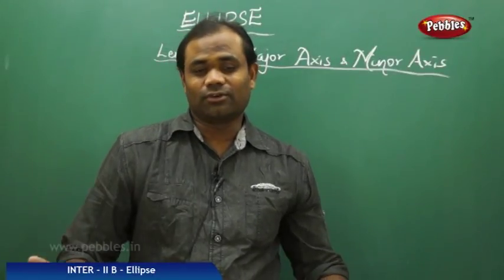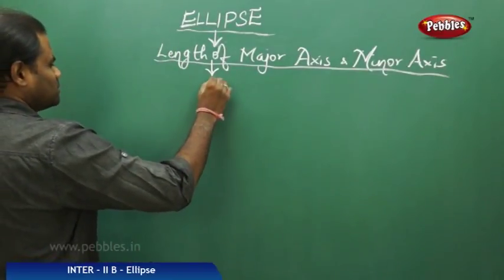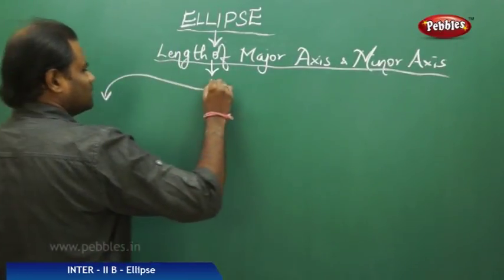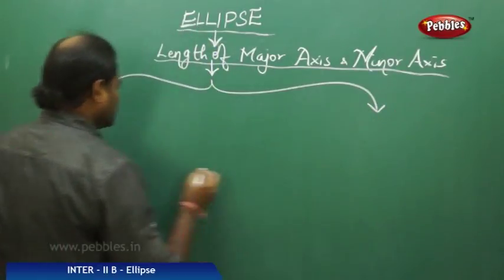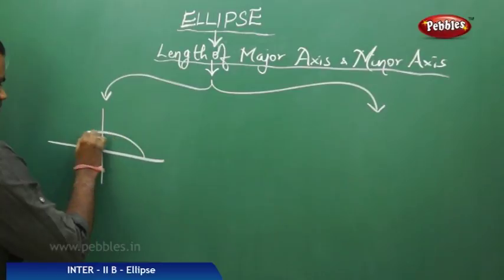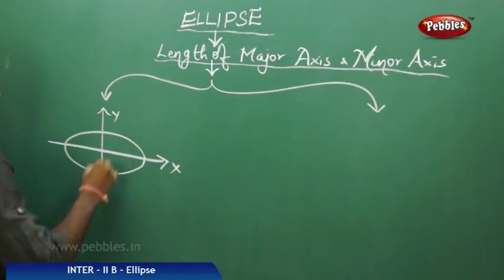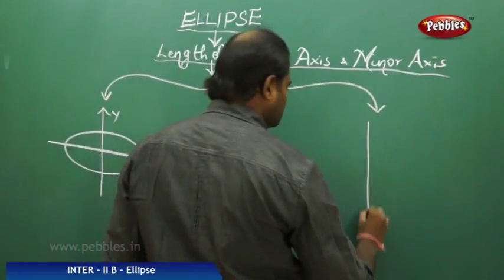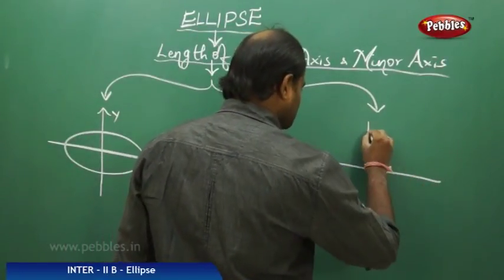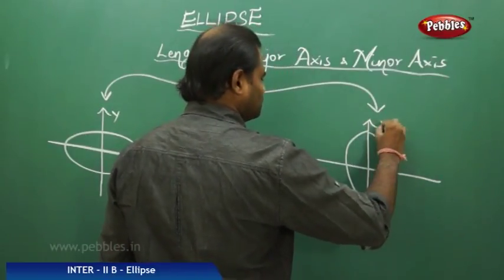Now let's see the length of major axis and minor axis. As we have two cases here of the ellipse, which is in this form, and here the ellipse which is in this form,